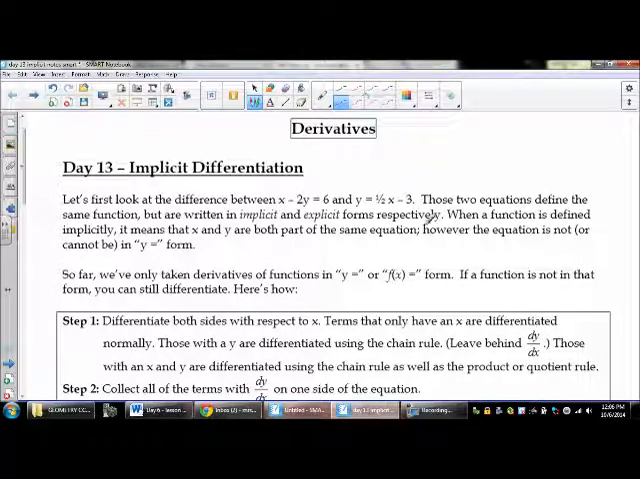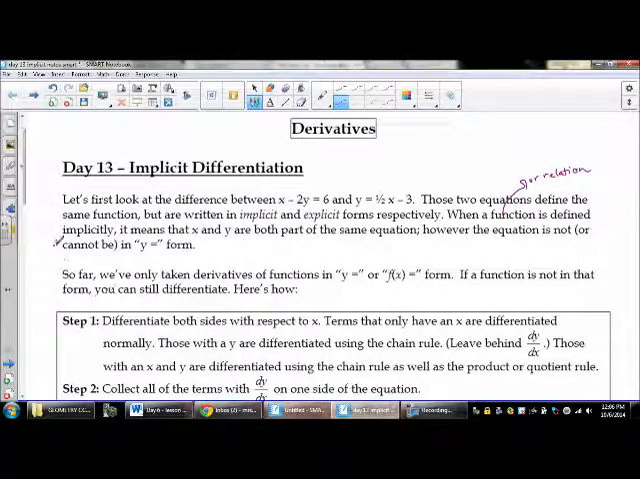And that's great. Now, some functions can go back and forth. Now, some relations, though, we can't go back and forth so easily between y equals and non-y equals. So when a function is defined implicitly, it means that x and y are both part of the same equation. However, the equation is not or cannot be in y equals form. So what I should really have here is when a function or a relation